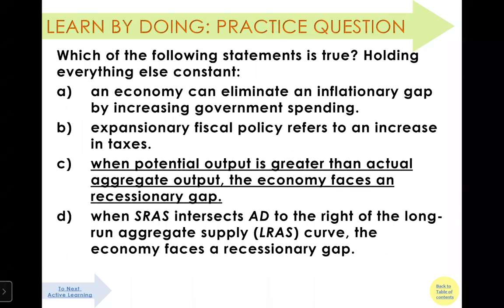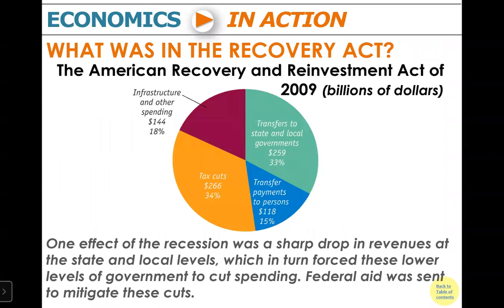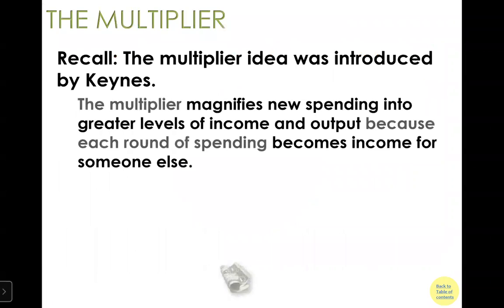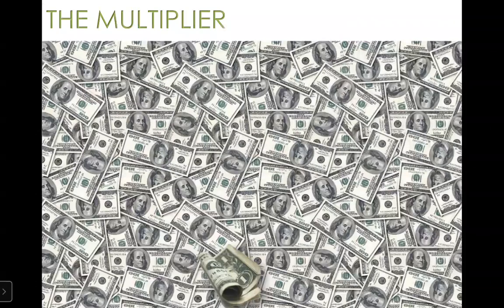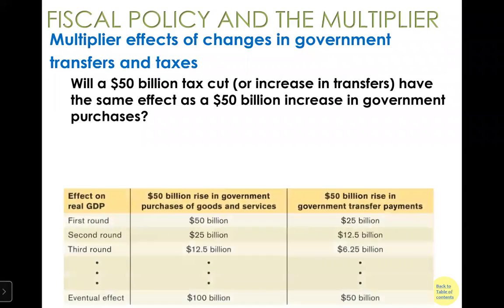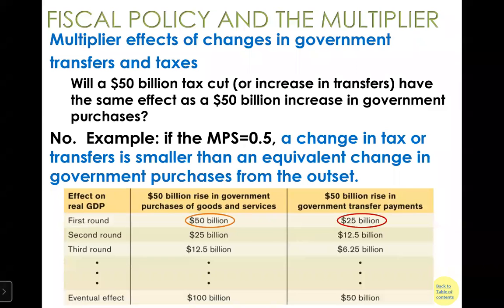Now, what else have we learned? Let's see. We have seen this graph. The last thing to look at is the multiplier. Let's look at these examples. What is the multiplier? The multiplier says if the government decides to stimulate the economy by spending some extra money, this extra spending will have a chain effect on our economy. So this is the multiplier.